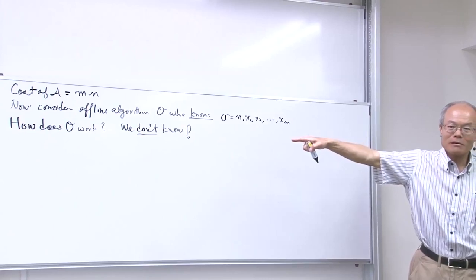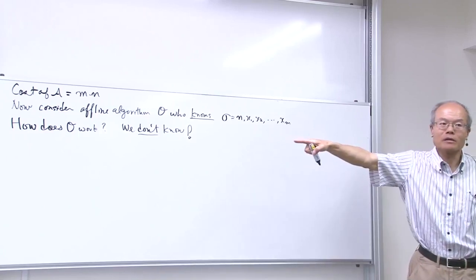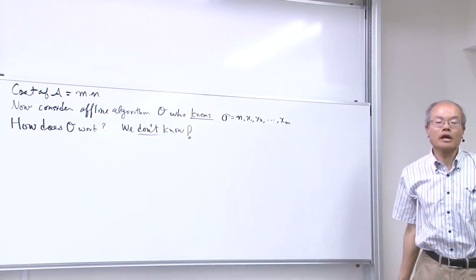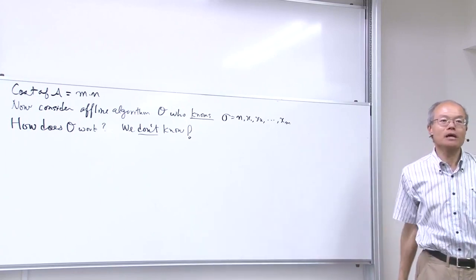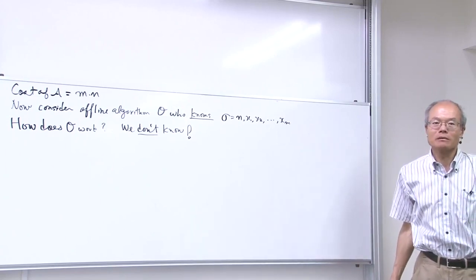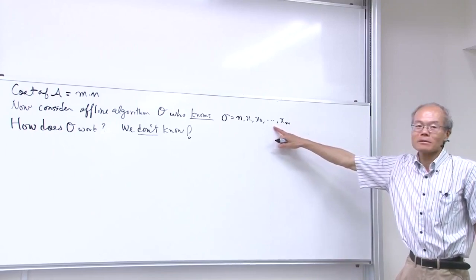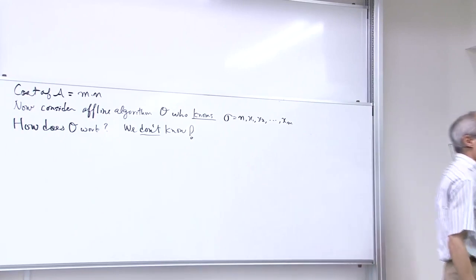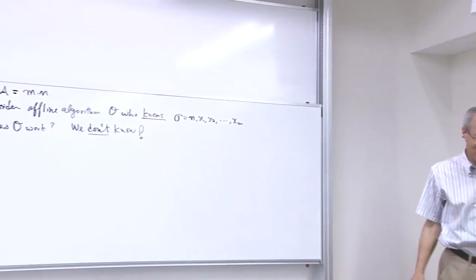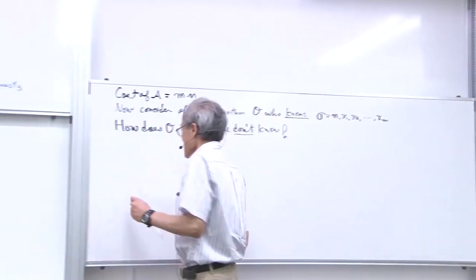We don't know this request because this request is determined by algorithm A. And we are now considering any online algorithm A. So we don't know this input. That is why we don't know how the optimal offline algorithm works. However,